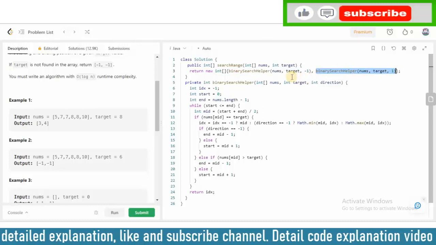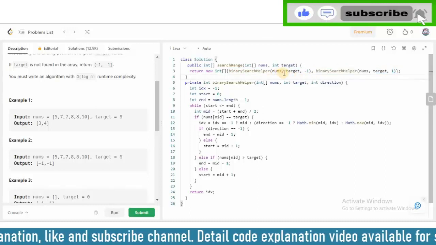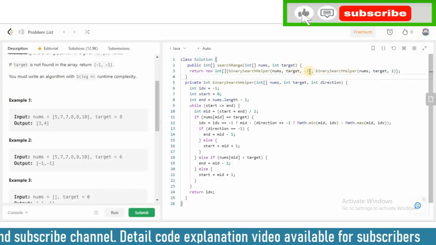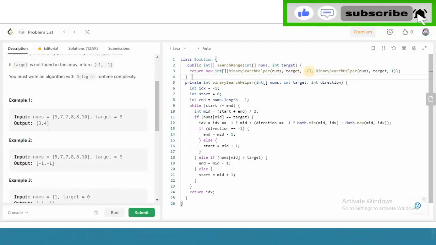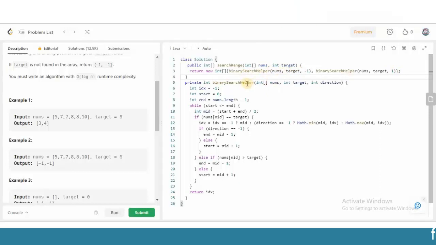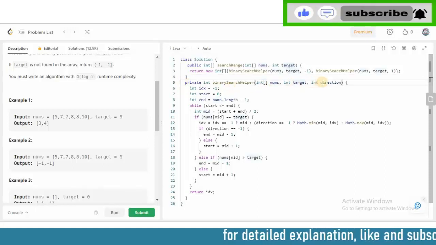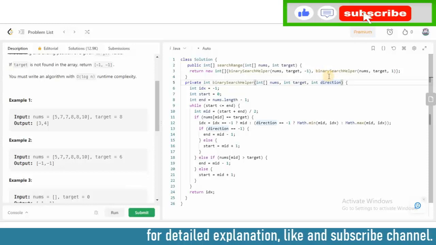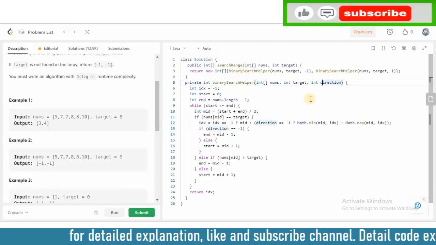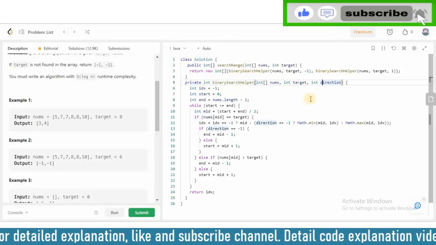Now here, we are sending that array and we are taking the target element -1. Before that index it will stop, and here the target up to 1. Once we are taking like this, the number will be sent to this place. We need to take one binary helper function for this. In this we are getting the numbers, the target value and the direction, in which direction we are going. The direction is mandatory for us, meaning we are going backward and forward like this.